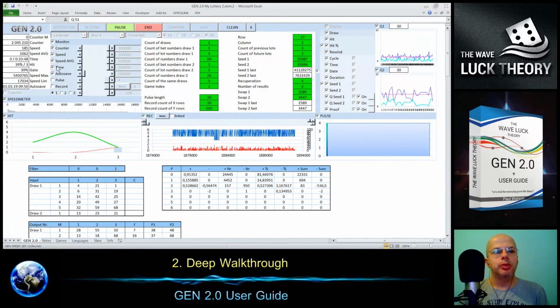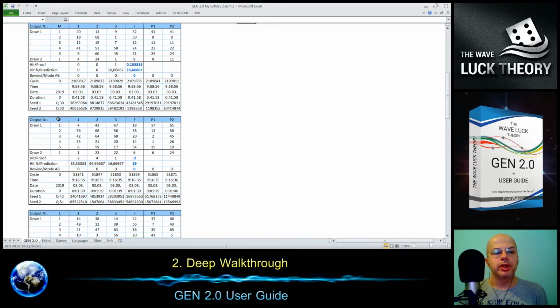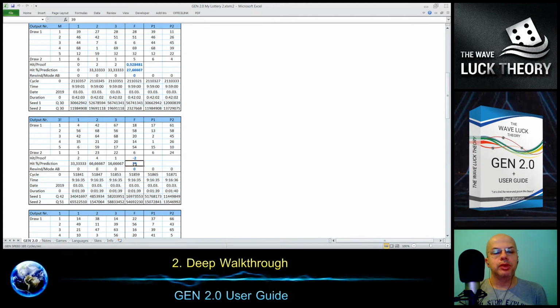I can go up a little bit just to show the overall duration time, 33 minutes 48 seconds. About the results, the best result is number 3 with 39% of matches. So we have the best result here with the exclamation mark, and this is the 39% of matches.